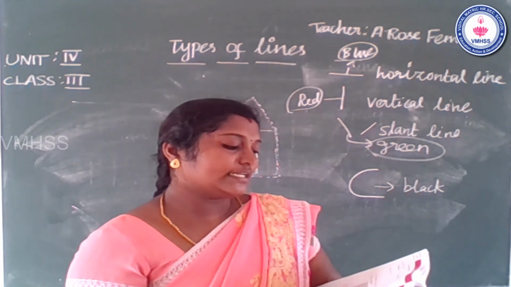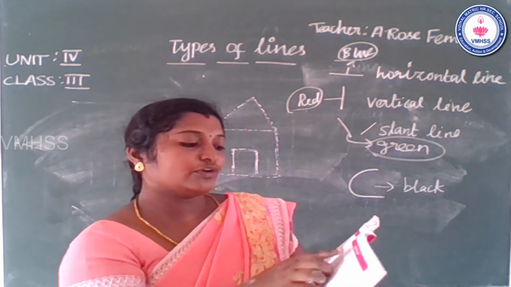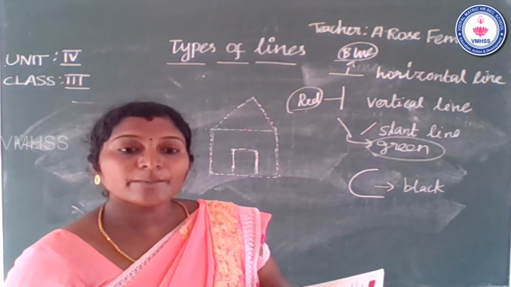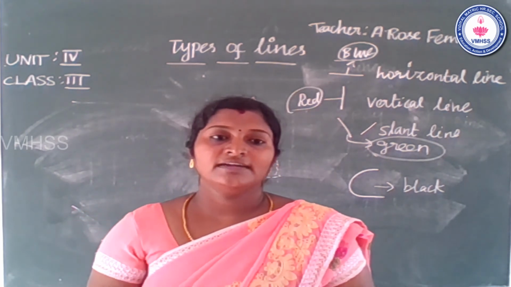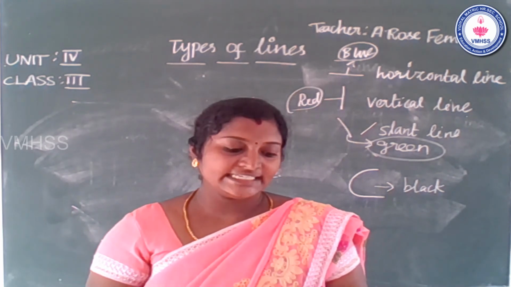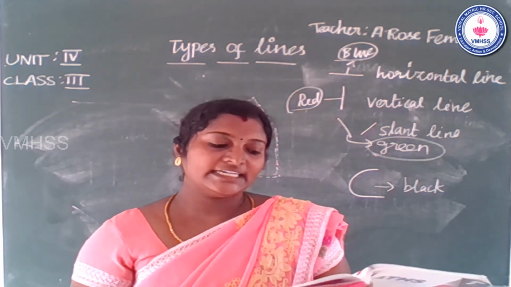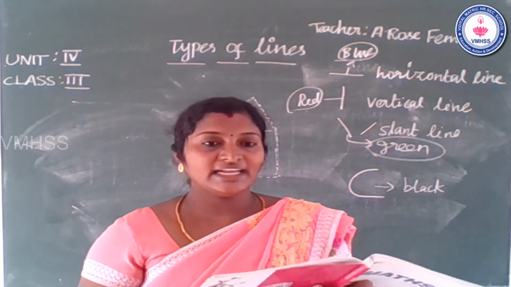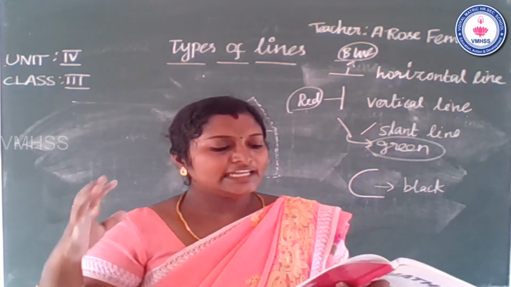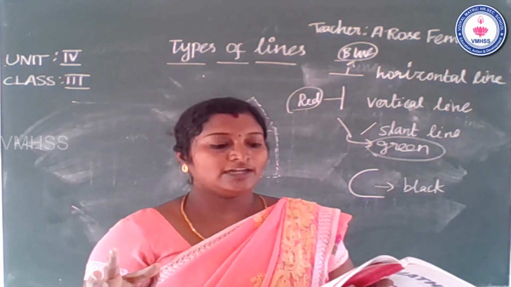The next one is also an activity for you. Types of lines, take page number 77. Design 1 and design 2: draw designs using a dot grid. Any designs you like, using a dot grid.